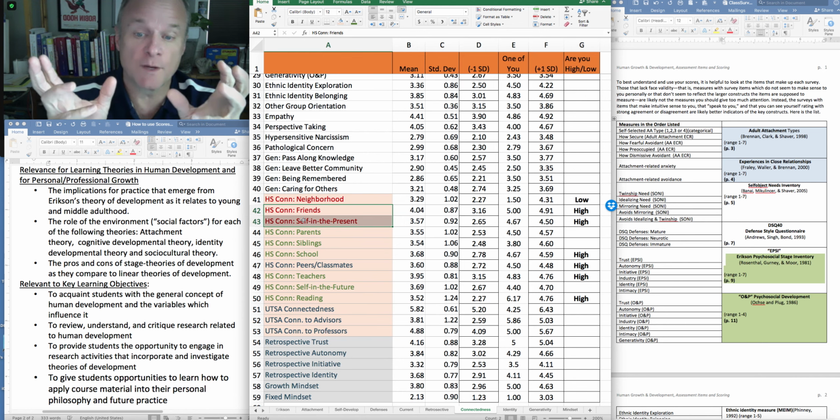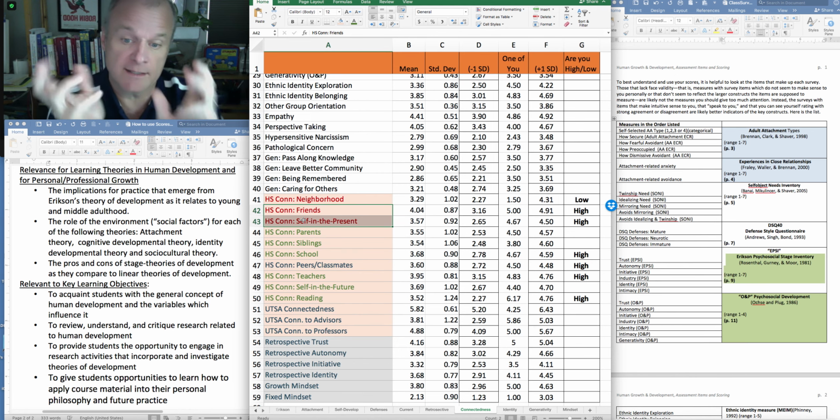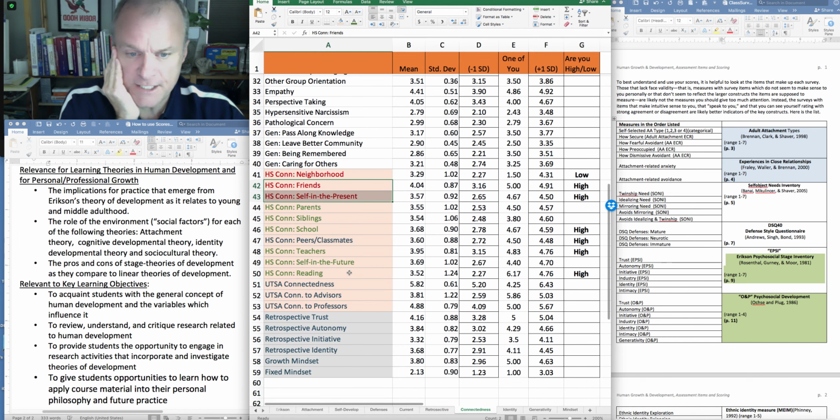Some kids wrestle with very different peer friends, outside-school relationships, and inside school, and they have to reconcile that at some point in time. This person, then, if we look at their